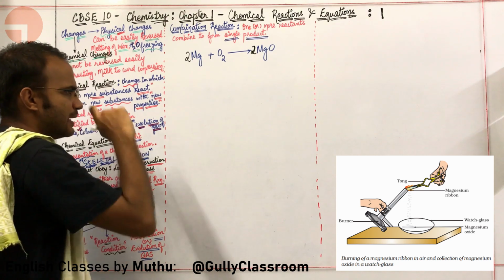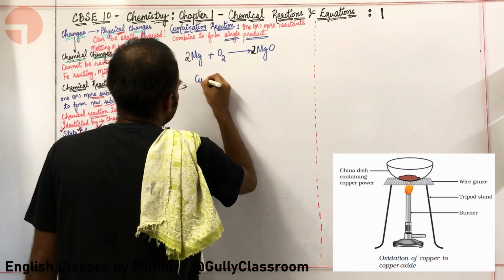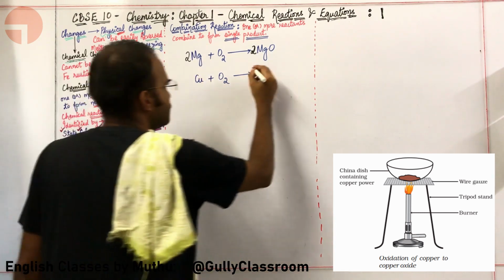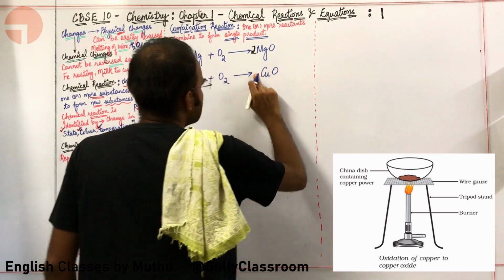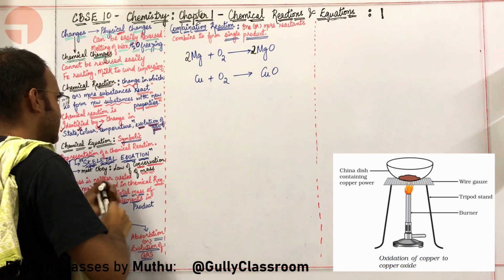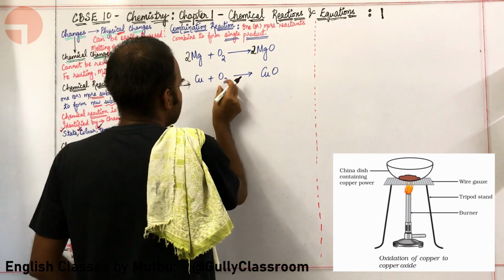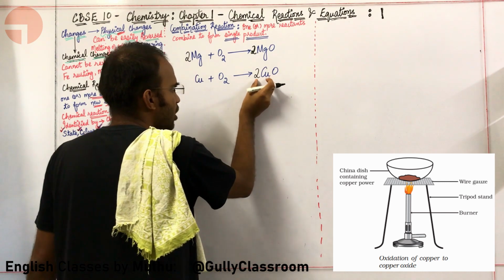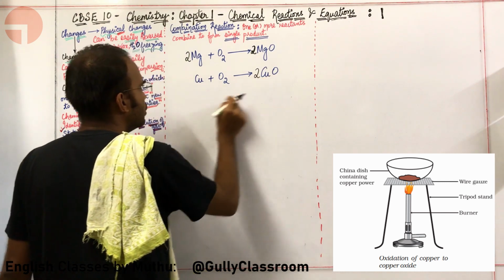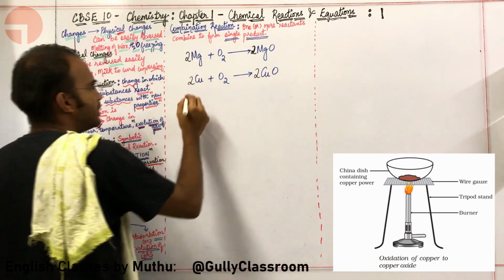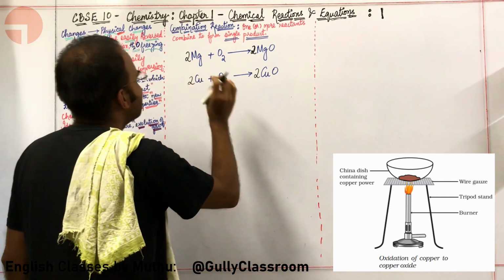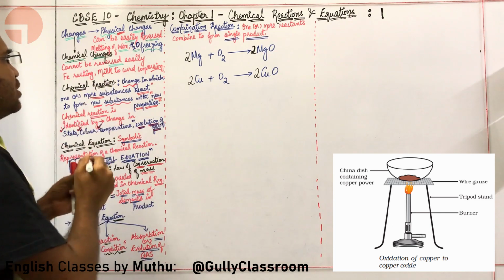Okay, let us look at another example. Cu plus O2, copper plus oxygen, will give you CuO. So how are you going to balance this particular equation, sir? Here there are 2 oxygen. In order to compensate that, I will put a 2 here. Copper has been added a 2, so to compensate that, I will put a 2 here. That's it. So this is the second example of some kind of a reaction.